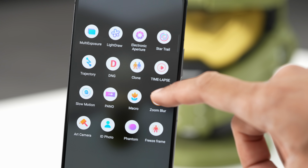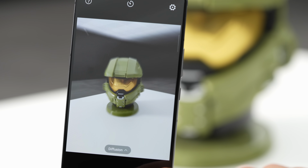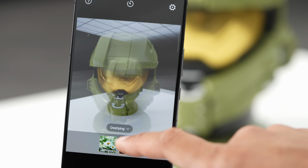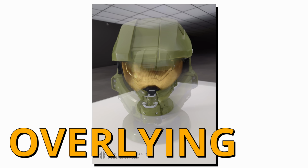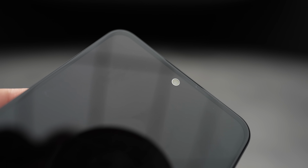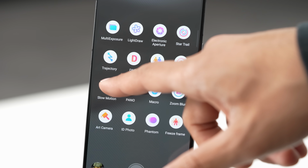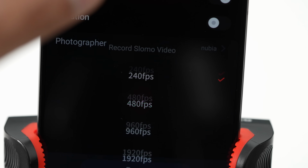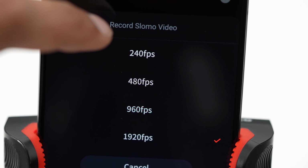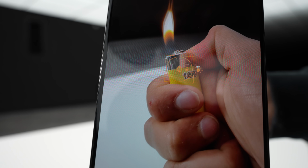Now, you've also got this diffusion effect, which has a dreamy look to it. This one is called overlying. It's like a big version of what you're looking at in a small one, which is overlaid on top. Of course, we had to do the beard hair test on a selfie camera as well. And here's that slow motion example that I was talking about. So 240 FPS is the most useful. So here's the usual lighter effect